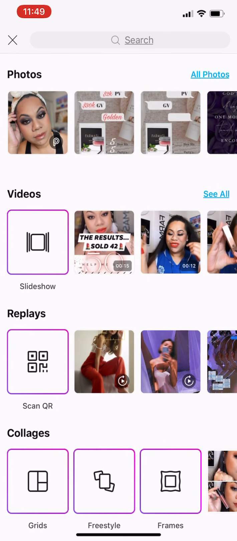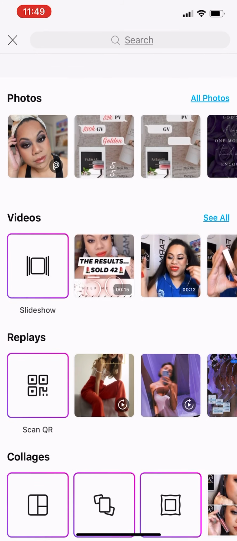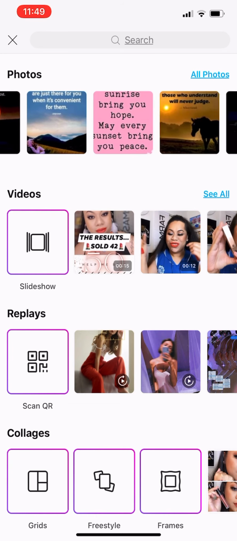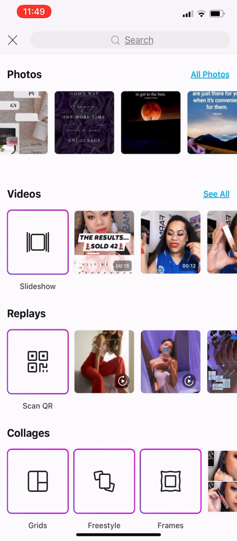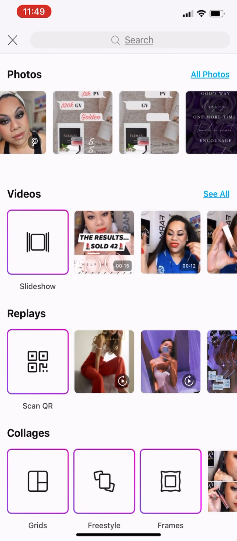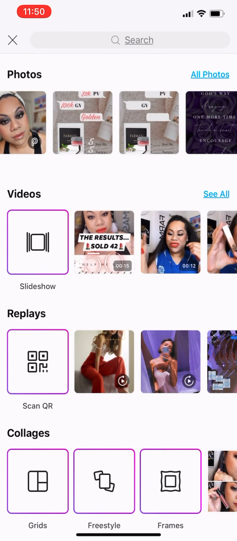So there it automatically goes to the different templates that they have available to do your edits. I'm going to stick to photos, which is the top one, the first one. You see how your album already shows here on your recents. So you can scroll through, or in right here, because I just saved that template. Okay, I see it right here. So I'm going to go ahead and click that. But if you have something from before, you can just click on all photos, and from there it opens up the gallery on your phone. Okay, so I'm going to go ahead and click that.